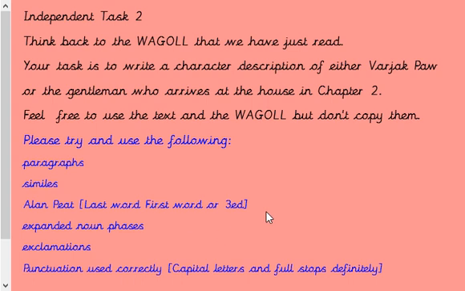Okay, so I'm going to give you probably 25 minutes on this maximum to write for me your Waggle. Don't forget, I used 3 paragraphs. Feel free to use three paragraphs or more if you need to. Okay, but have a go at writing this the best you possibly can using some of these Year 4 writing objectives. Okay, I'll see you when you are finished. Press pause now.